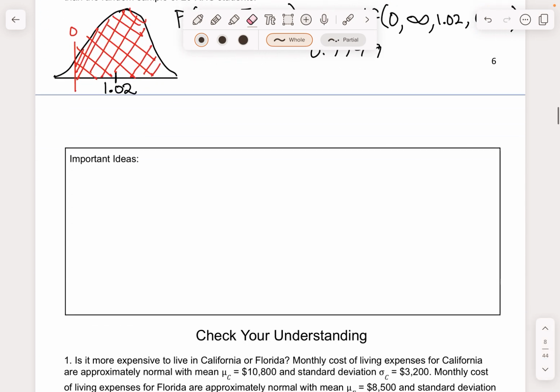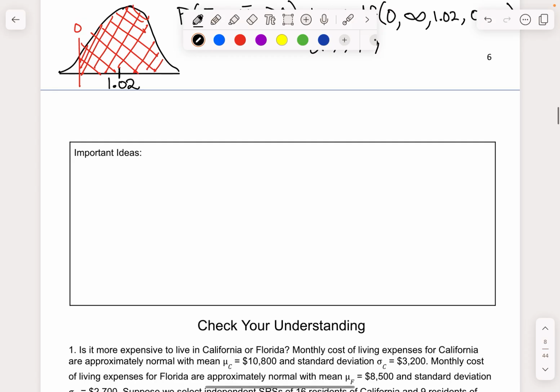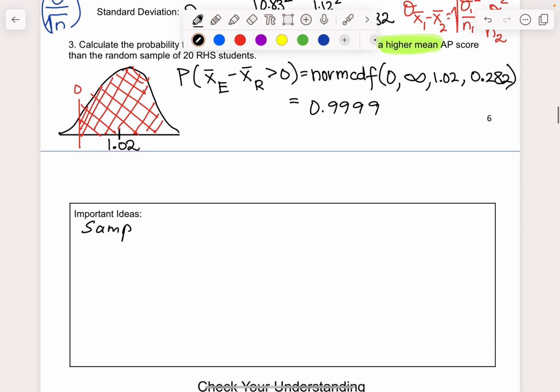Okay, let's take the important notes at the top of the next page, and then you'll have a chance to try a problem. So, what did we learn about? We learned about the sampling distribution of the difference of sample means. We learned how that functions. So, thing one, the shape. Okay, the shape is going to be approximately normal